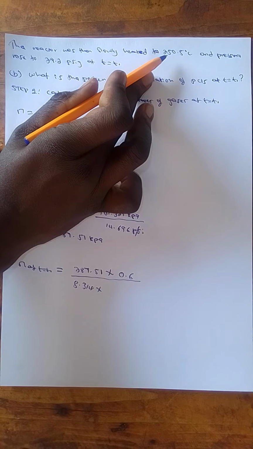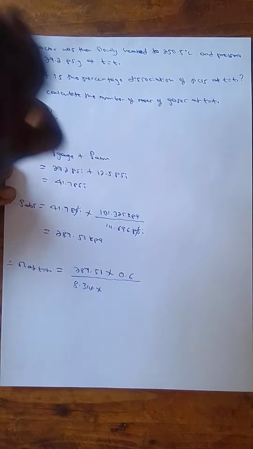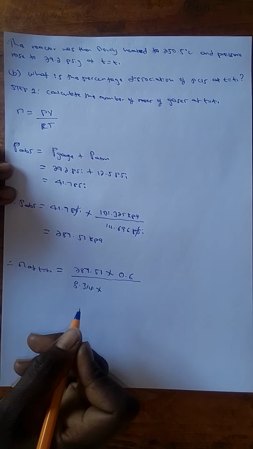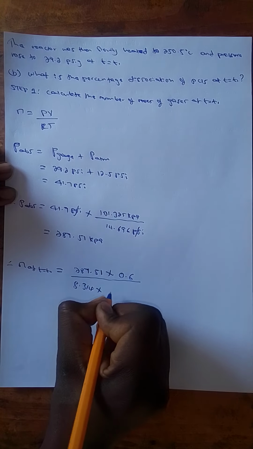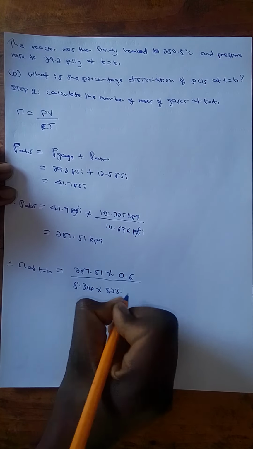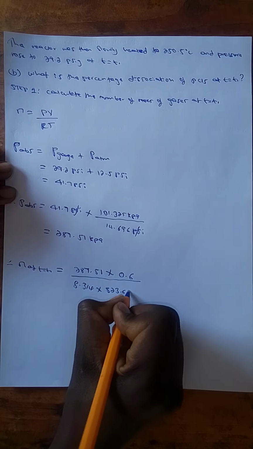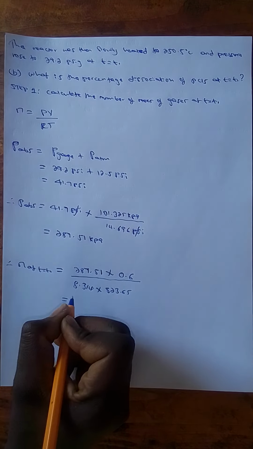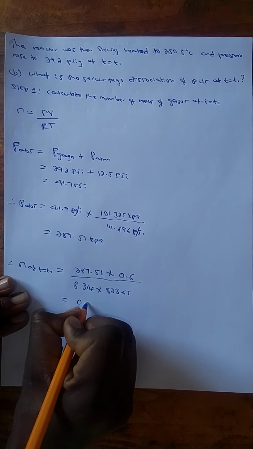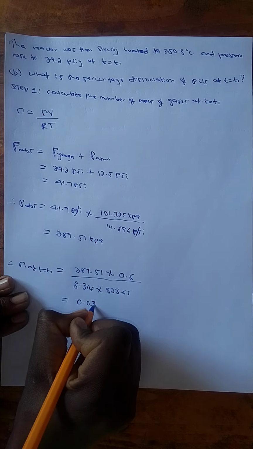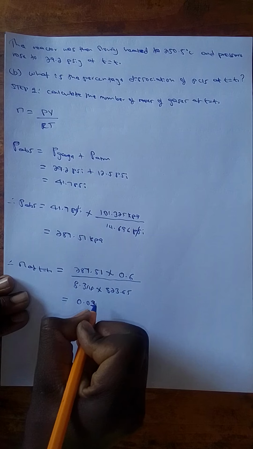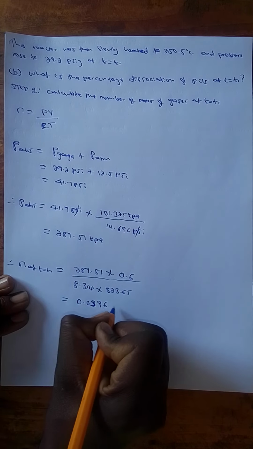Our temperature is 250.5 degrees Celsius. If you add 273.15 to convert it to Kelvin, it becomes 523.65. And if you use your calculator, it gives you 0.039962